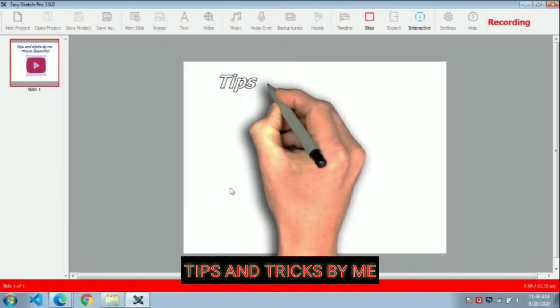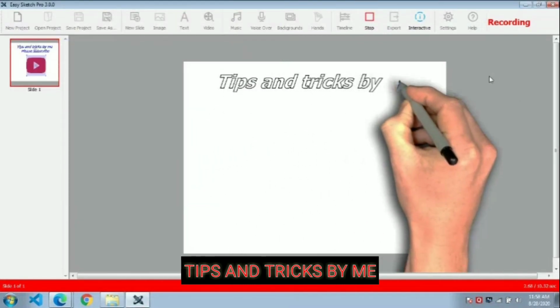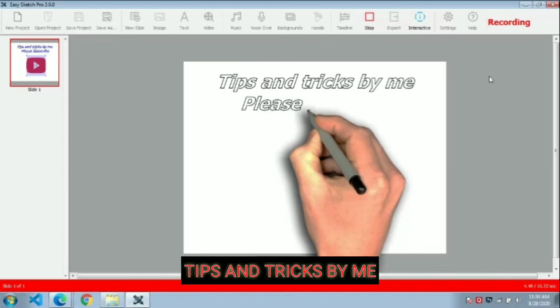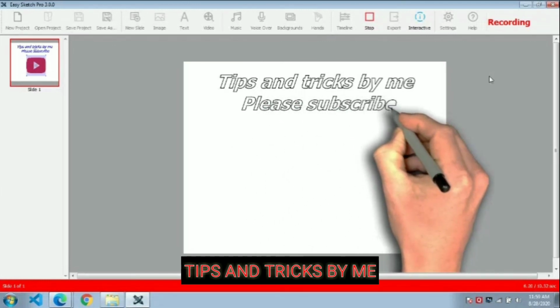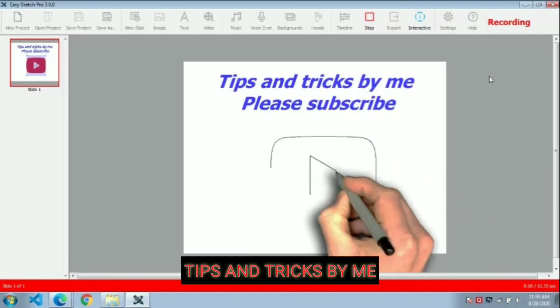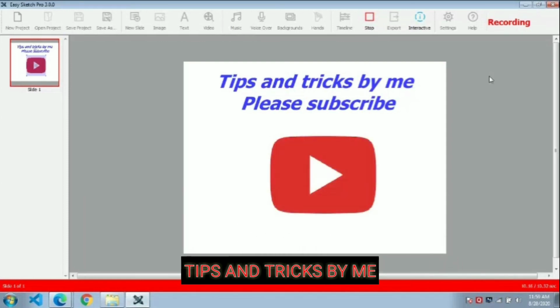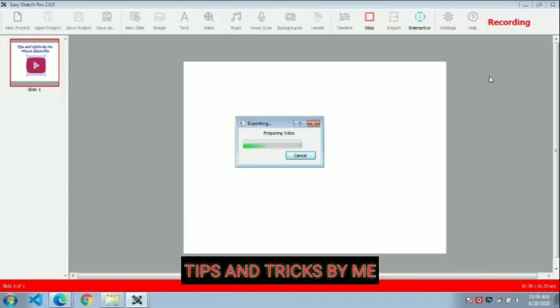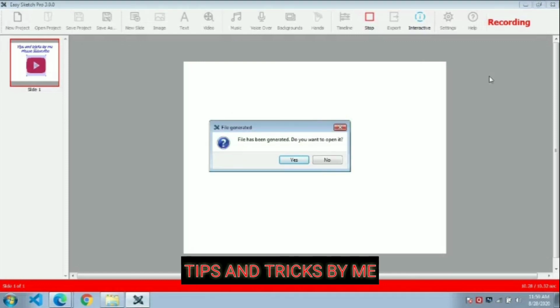then save. As soon as you click on save, it will take little time because it has to make a video from a file. First it will show you something like this. It is recording currently. You can see on the top right corner. Then it will say exporting video. The exporting takes quite a lot of time. If you have bigger videos, in such a small video it will take a minute or so.